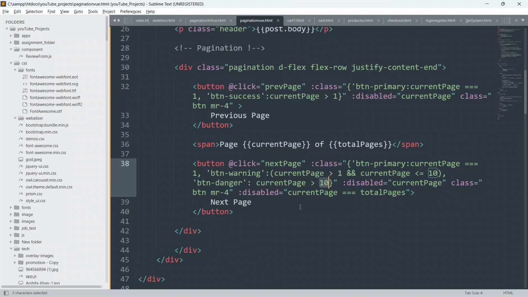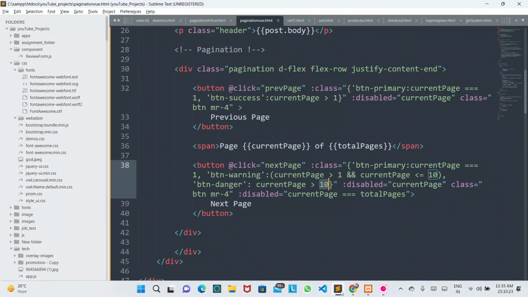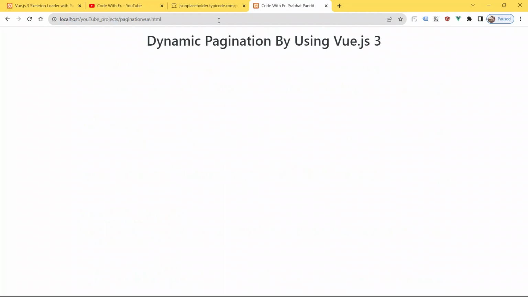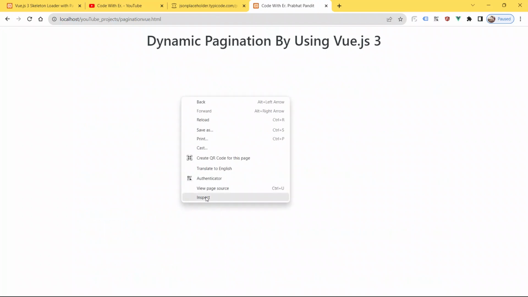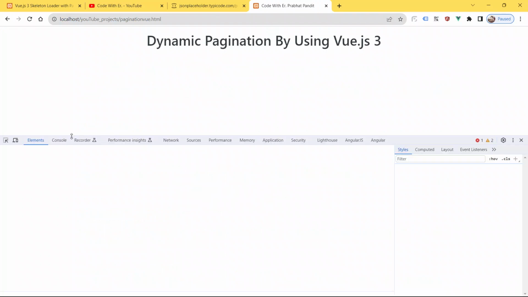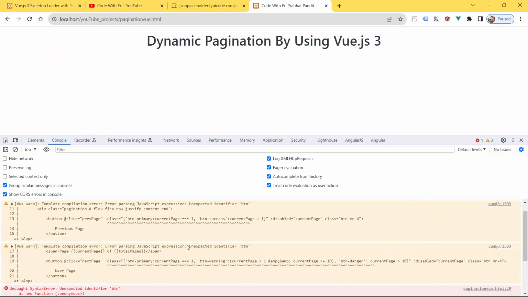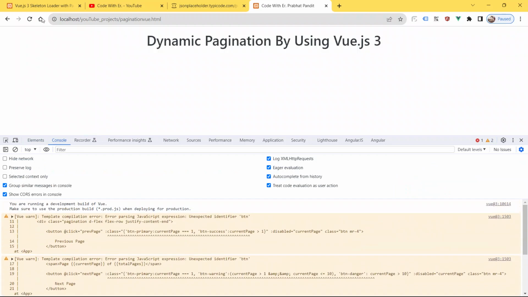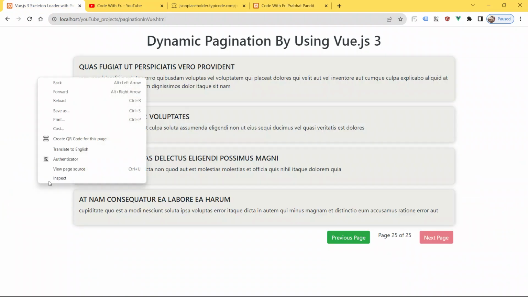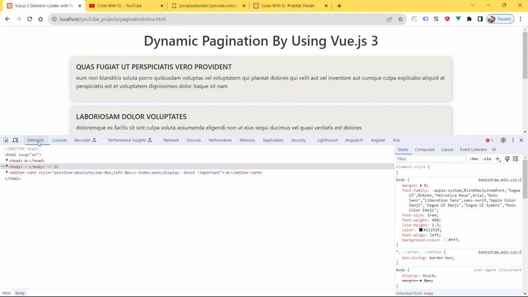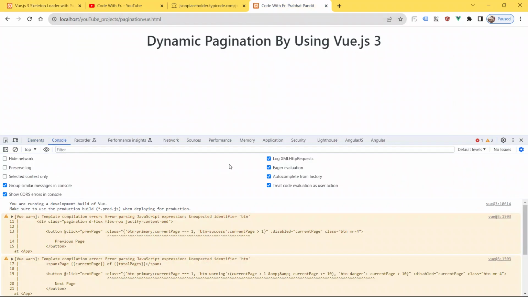Okay, so now just save your code, go to the browser, and refresh the page. Okay, we got the error. Go to the developer tools and go to the console.